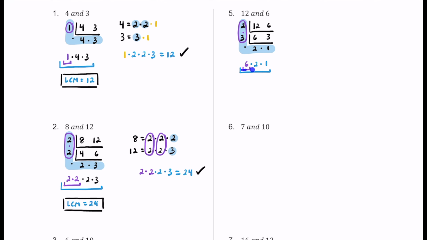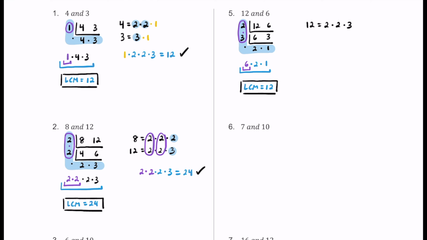So 6 times 2 is 12. 12 times 1 is still 12. So the LCM, or least common multiple, is 12. All right, so the first multiple of 12 is 12, and the second multiple of 6 is 12, so that checks out. If we want to go ahead and use the prime factorization method, 12 is equal to 2 times